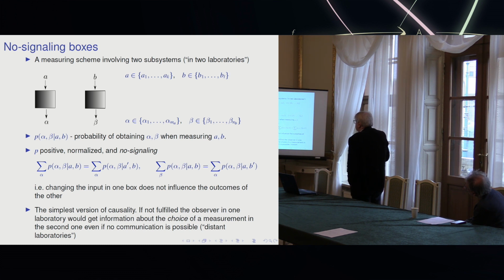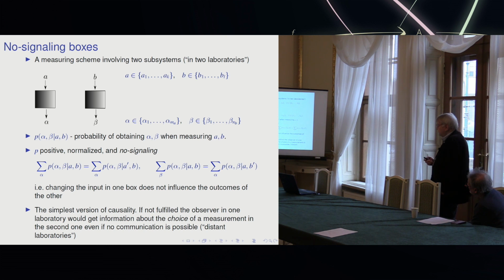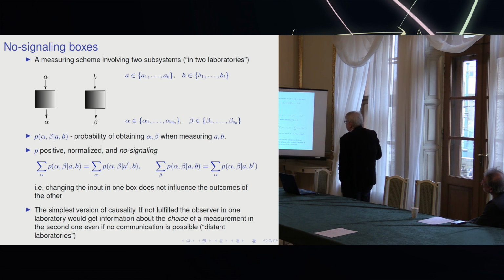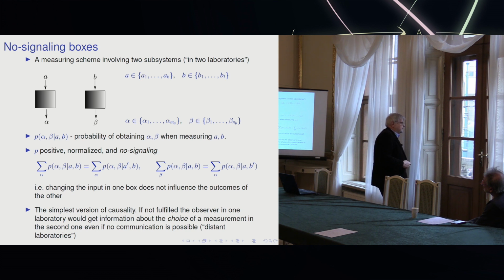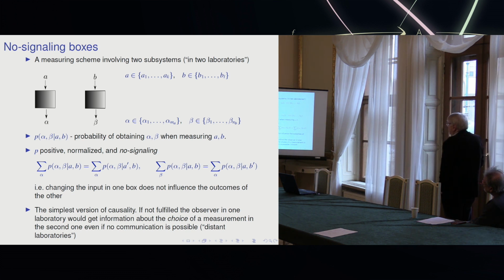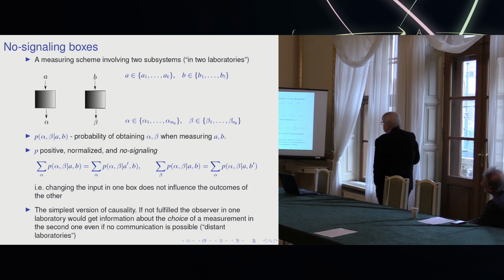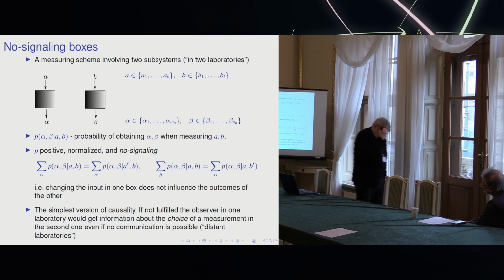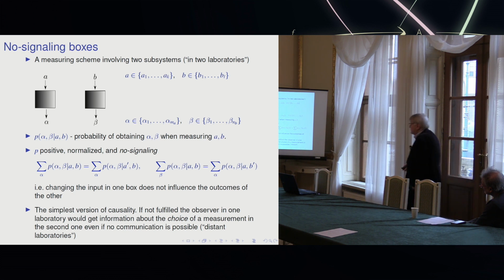Okay. So this is a schematic view of the correlation experiment as seen by the theorist. In the simplest case, we have two subsystems, and we feed the system with some states. These are parts of a larger system, and on each subsystem we can measure something. So A and B are the observables, in a sense. We can try to measure or determine the values of the physical quantities A and B